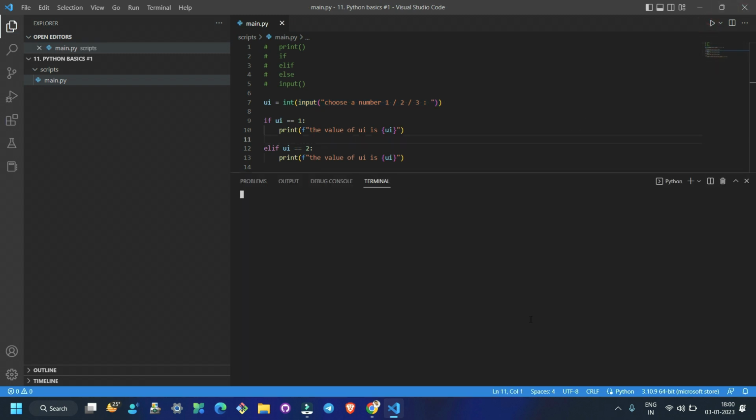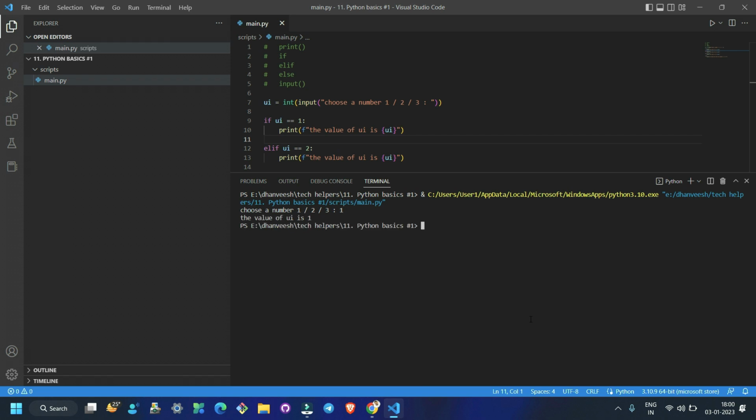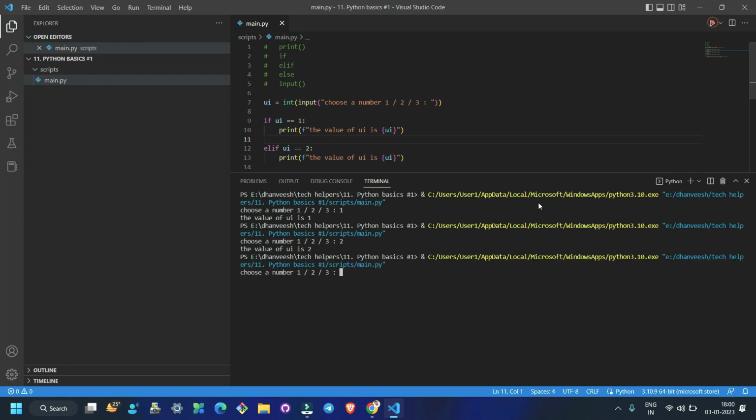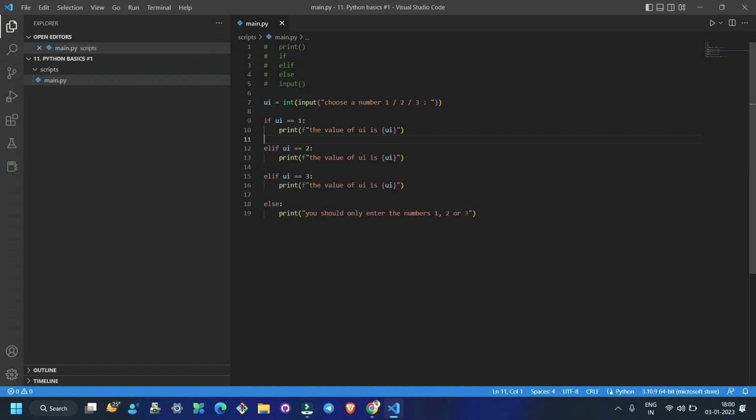Now it should work. So 1, value of UI is 1, so it works. 2, value of UI is 2. 3, value of UI is 3. Before we trigger the else statement, we can actually add another thing. Turn this into a string, and then we can give, you should only enter the numbers 1, 2, or 3, right? And then we can also add a full stop and then